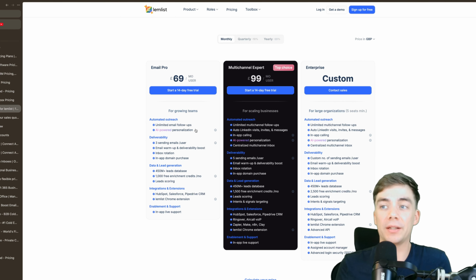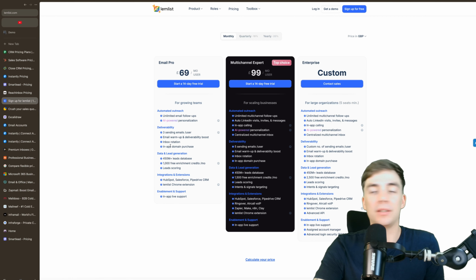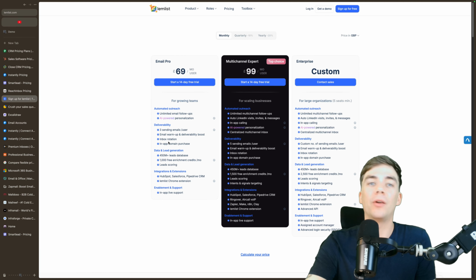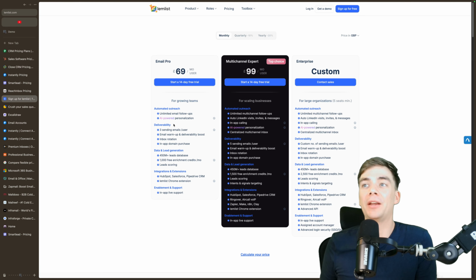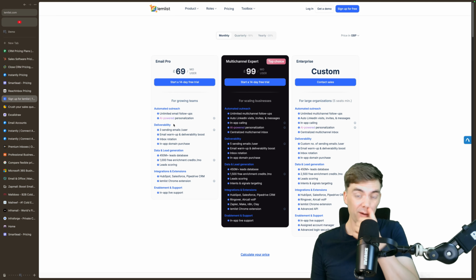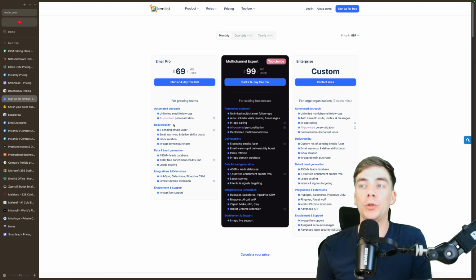deliverability through the likes of Lemwarm, their use of inbox rotation. So you can do all that. All this is available in the other softwares, but what you're paying for here is Lemwarm, and potentially their AI personalization is considerably better. But again, if you're going down the AI personalization route, you're going to probably do better creating your own or looking for your own content rather than relying on those inside the platform, or using a